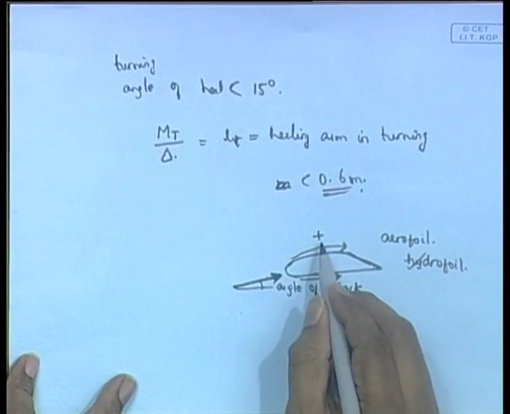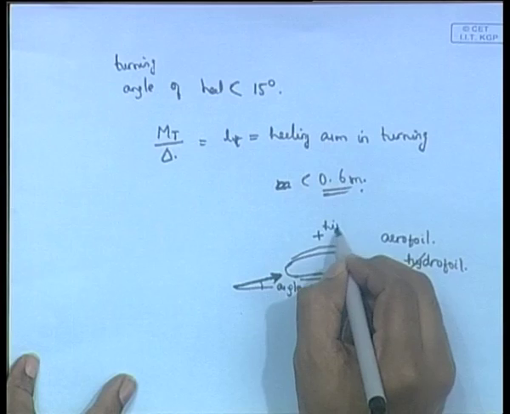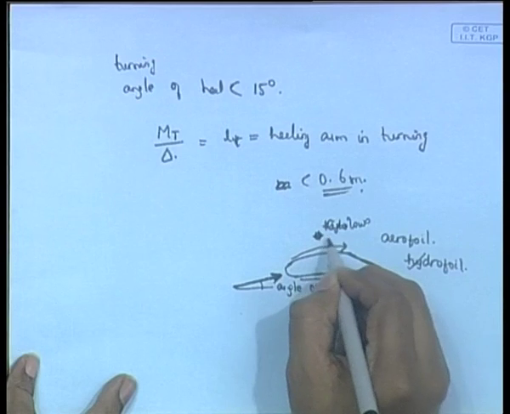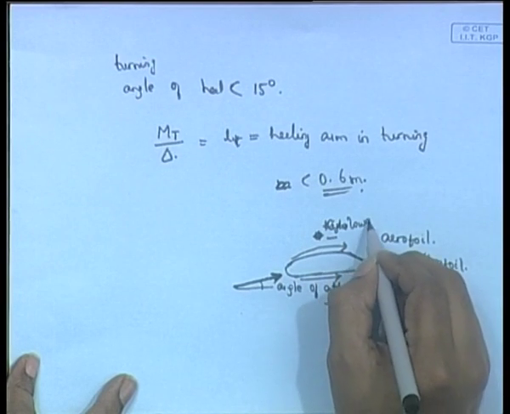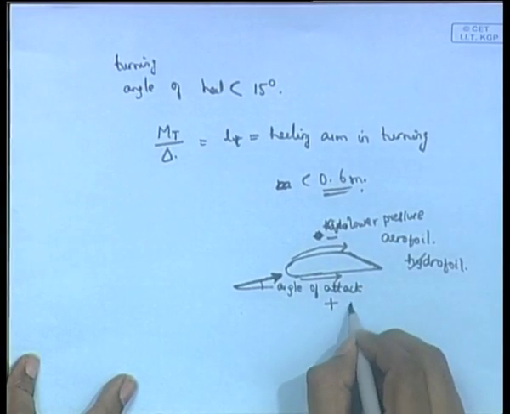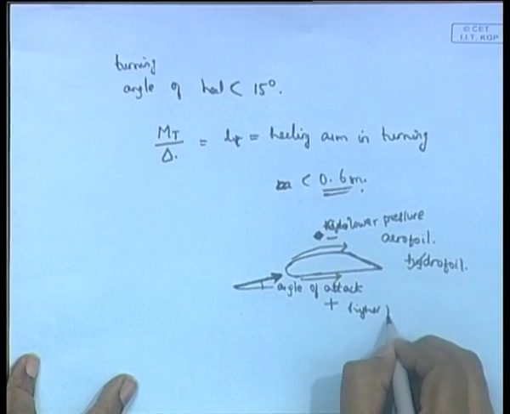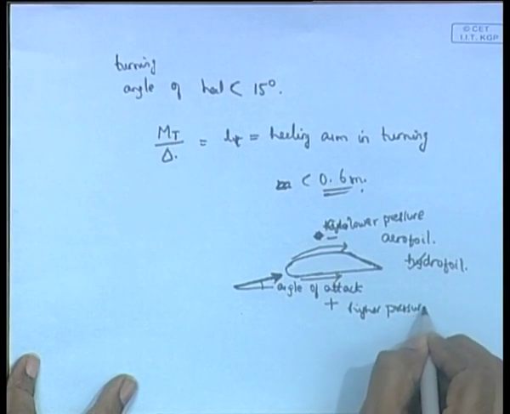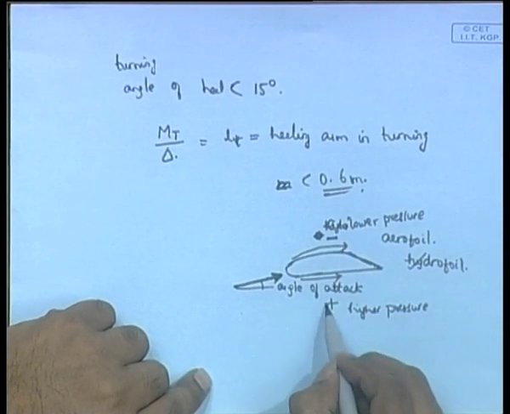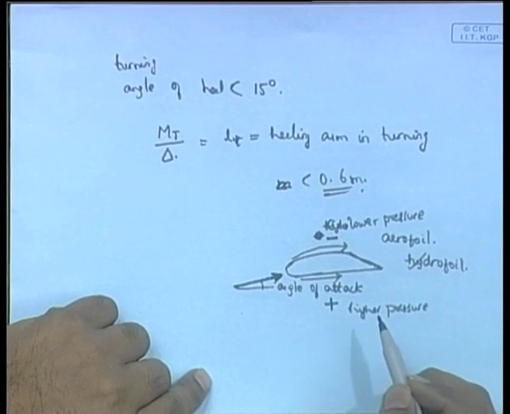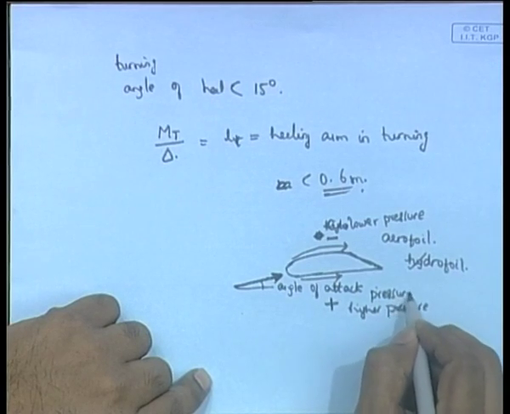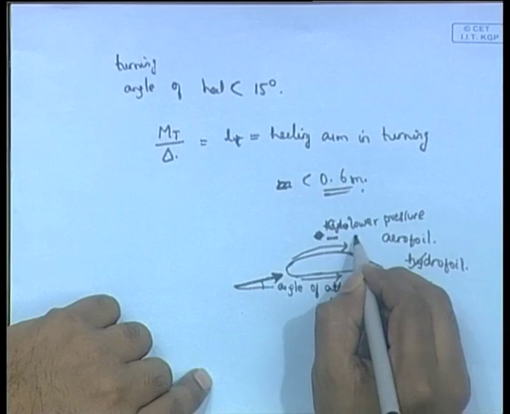So, this region ends up with a lower pressure, this is minus, and this region ends up with a higher pressure, this is plus. So, this is a negative pressure and this is the positive pressure. This side we usually call the pressure side, and this is known as the suction side